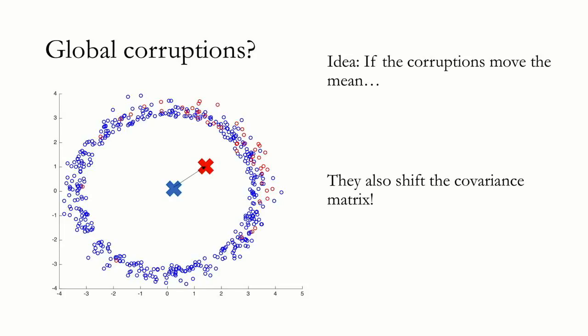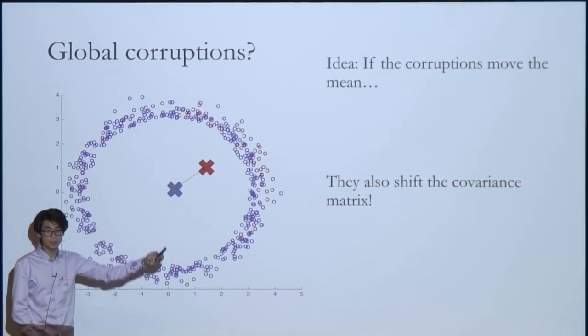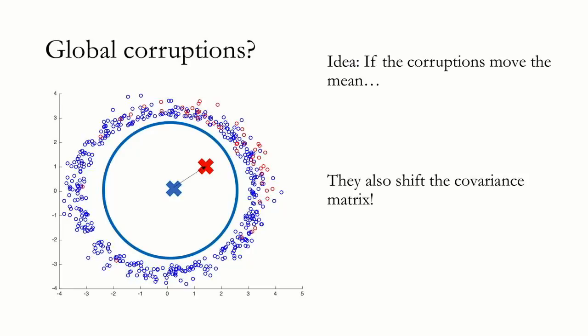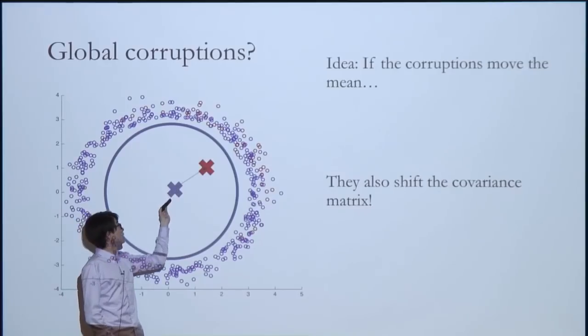Now, how can that happen? Well, the covariance of the data without the corruptions is supposed to be spherical. At least as drawn, you could believe it's supposed to be spherical. But because the bad points are pushing in this direction, there's no reason why the good points would ever push in this direction. It must be that the bad points are, in aggregate, kind of